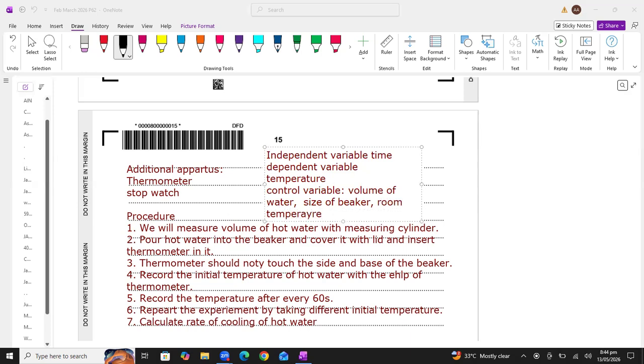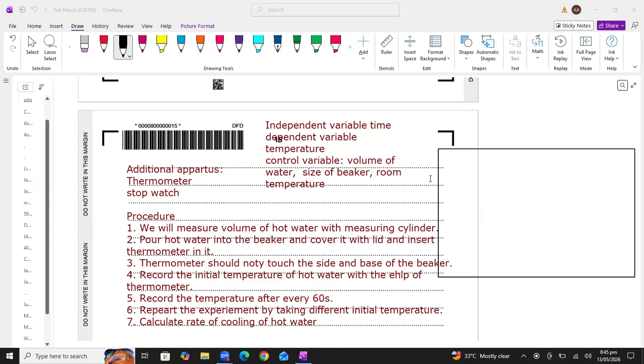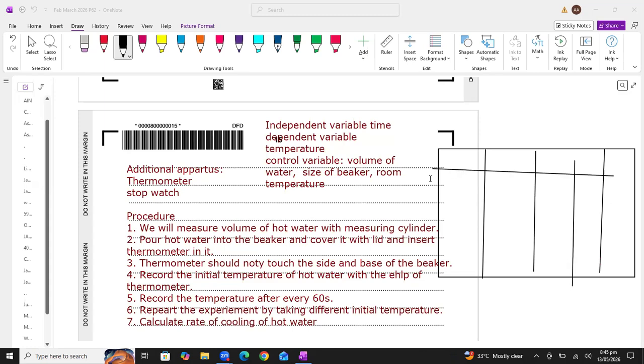Okay, students. Acha, we have done with the experiment, control variable, dependent variable, independent variable, additional apparatus. I have mentioned each and everything. Now the next thing, student, we have to draw the table with column heading. All right, we have to draw the table. So in table, what values we will take? I'm drawing the table here. Okay. So now student, what values we will take? Like this is the first column. Okay. Second column, third column, and fourth column. And this is the column heading.